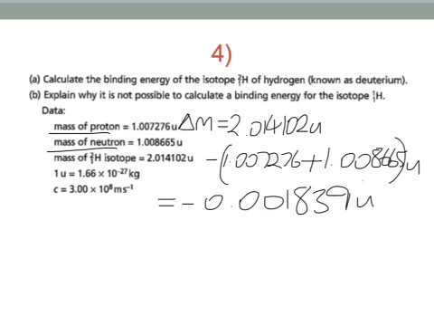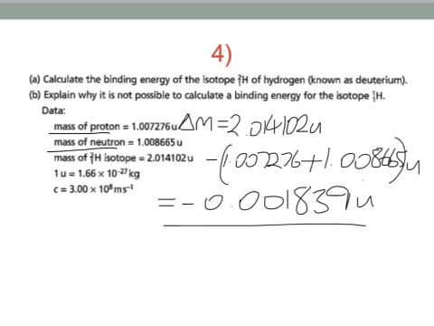Now, the negative sign can be ignored when you're working out the binding energy. It just simply tells us that, as we expected, the mass of the proton and neutron, when they are separate, is actually higher than the mass when they are combined into a nucleus. So,